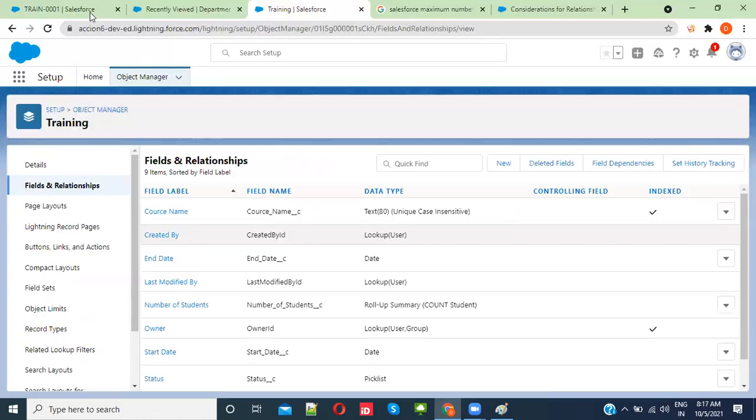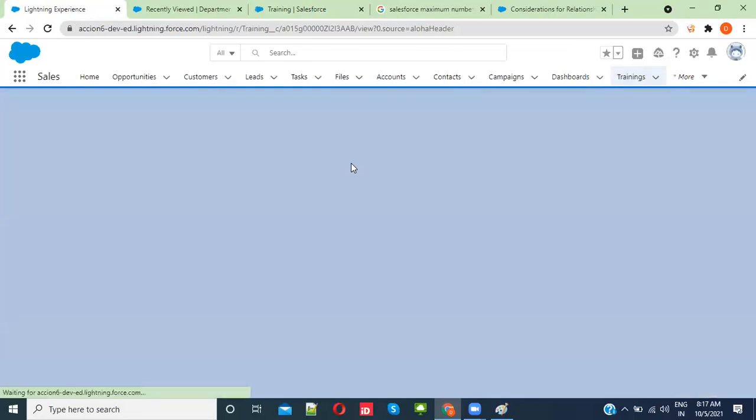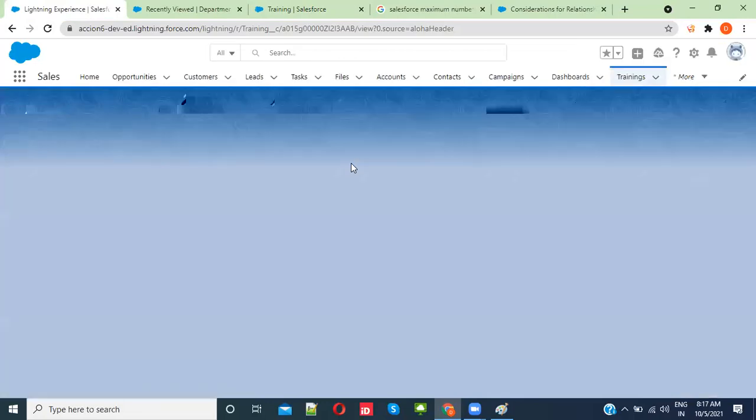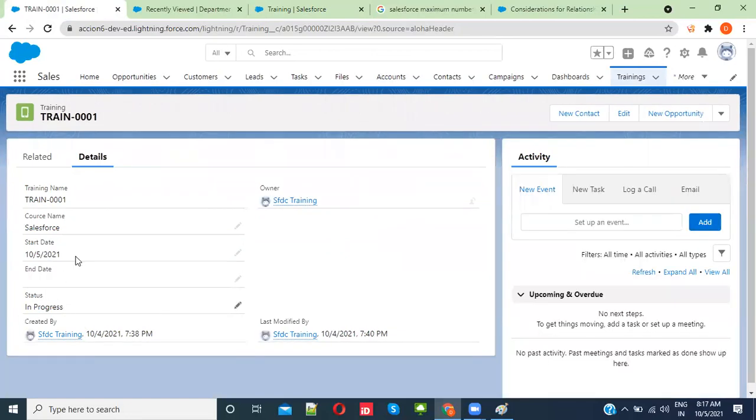Now the roll-up summary field is created. Where is this? It's in training, right?